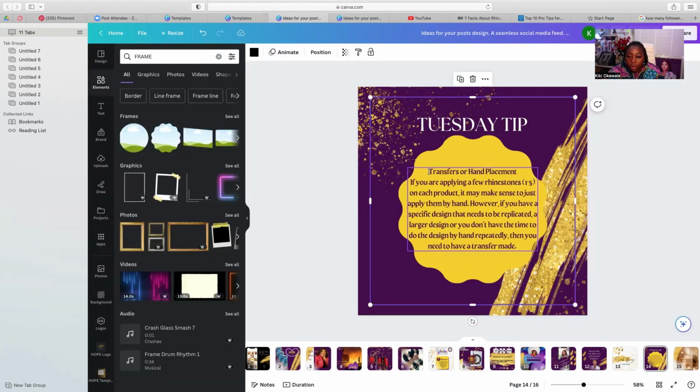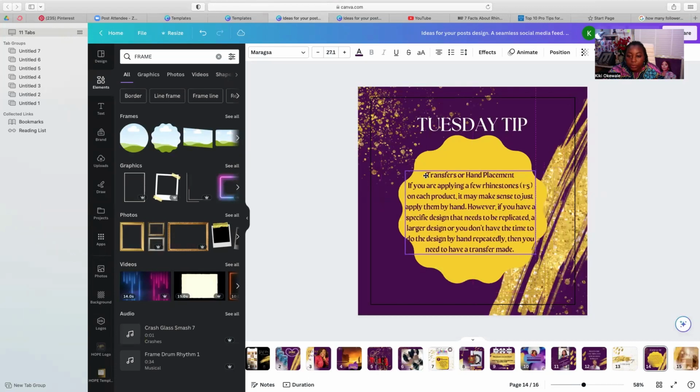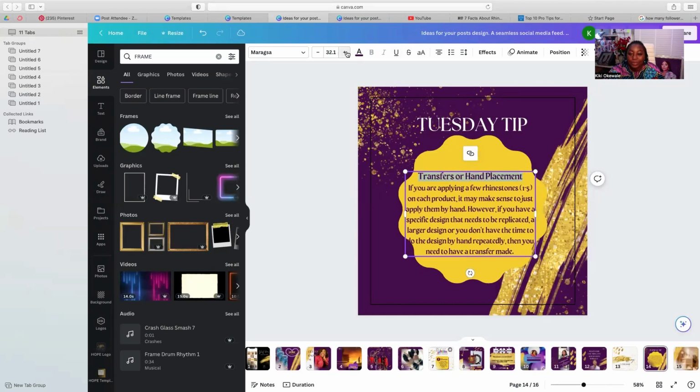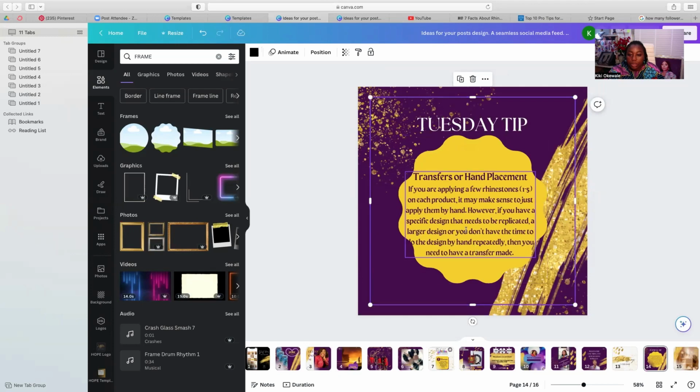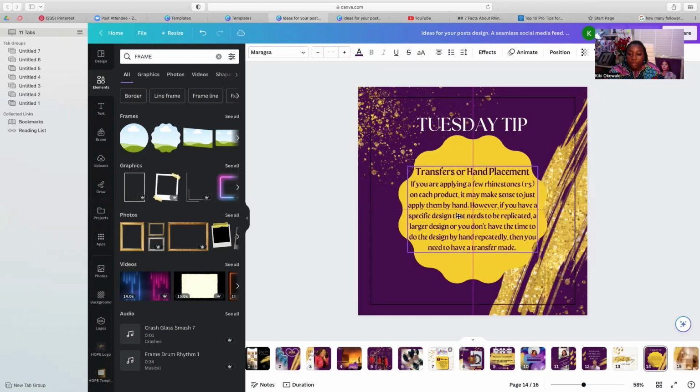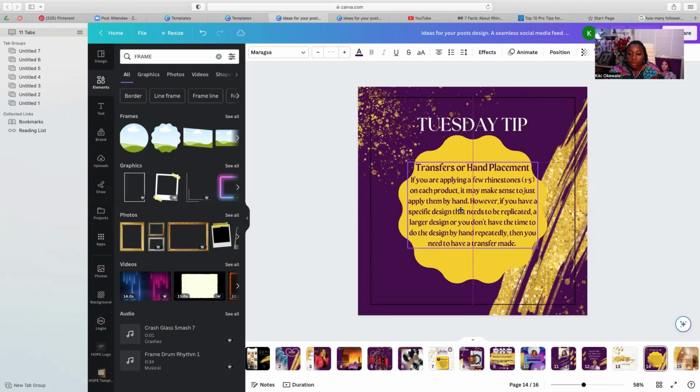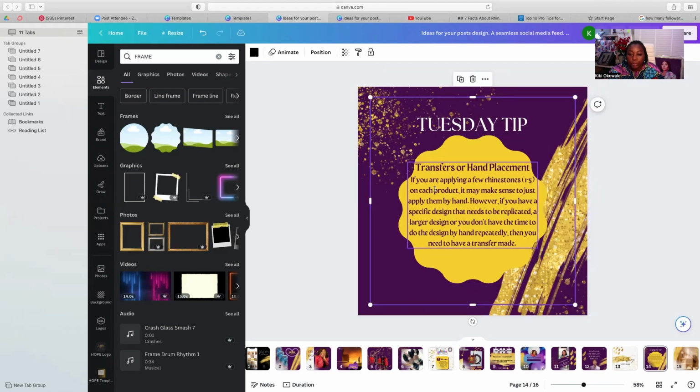If you transfer or hand placement... Okay. If you're applying a few rhinestones on a product,